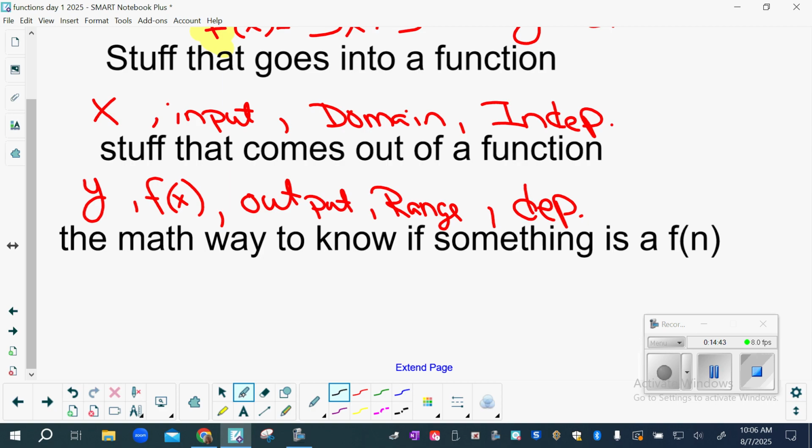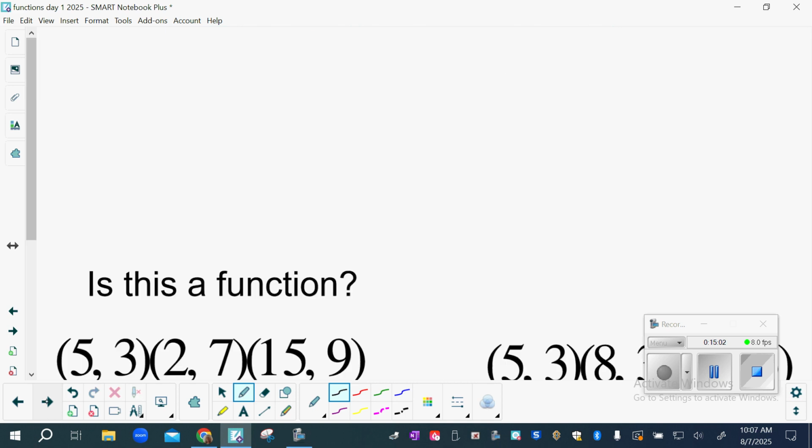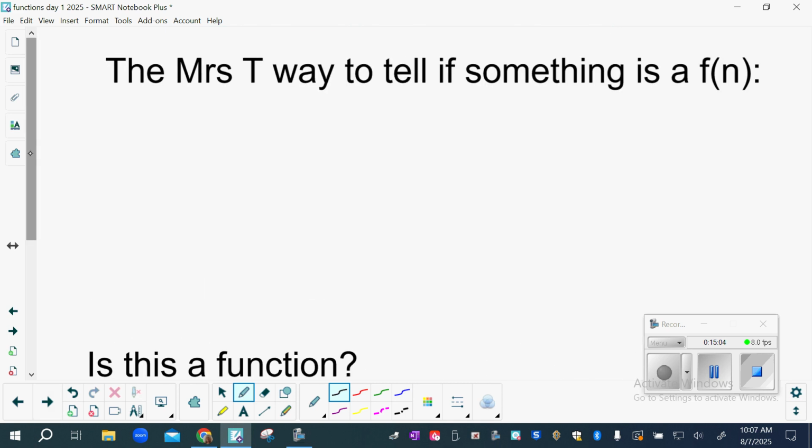So here is the math way to know if something is a function. Do you need to write this down? No, because you've already learned it. But it's the scary way. It is that each domain maps to a unique range. Each domain maps to a unique range. That doesn't make any sense to you. Here's what makes sense to you. The Mrs. Tarantino way is